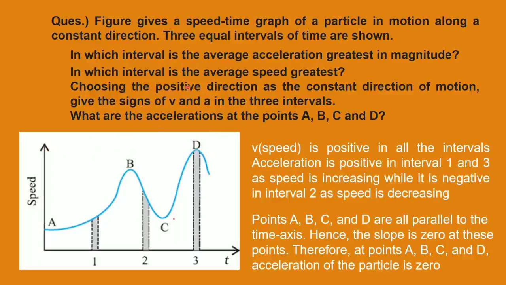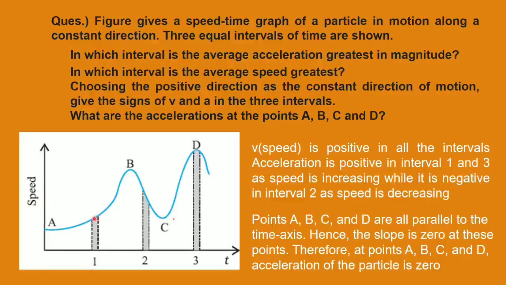They are asking, choosing the positive direction as the constant direction of motion, give the sign of the speed and acceleration in the three intervals. Speed, of course, is always positive. So speed is positive in all the three intervals. And acceleration,